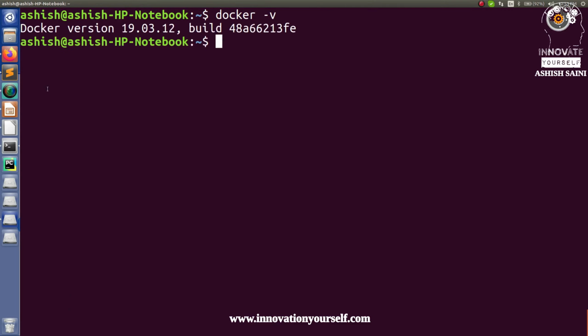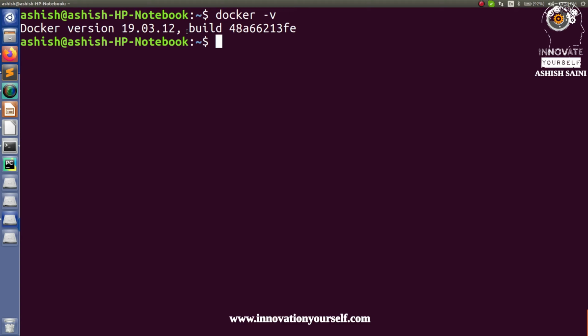So you can see Docker version 19.03.12. That means Docker is installed onto my system successfully, right? So now I can further move ahead and run the rest of the queries, right? So to verify this part, what I'm going to do is run the very basic container, or let's say the very basic image that I'm going to fetch from the Docker Hub, and accordingly I just want to run it on my local machine, right? So this is what I'm going to do just to verify whether everything is done successfully or not.